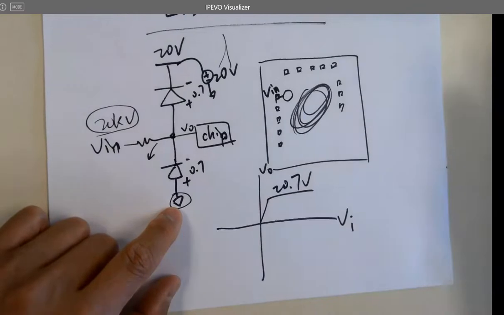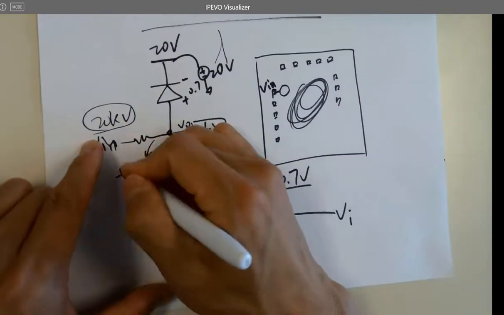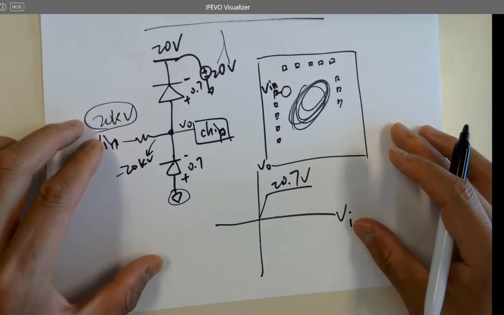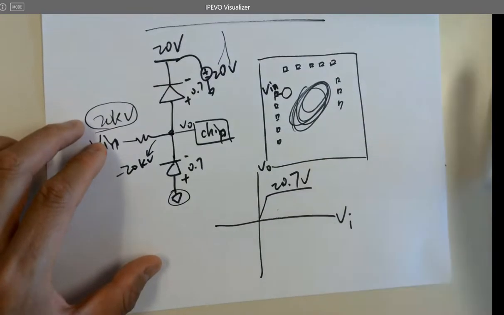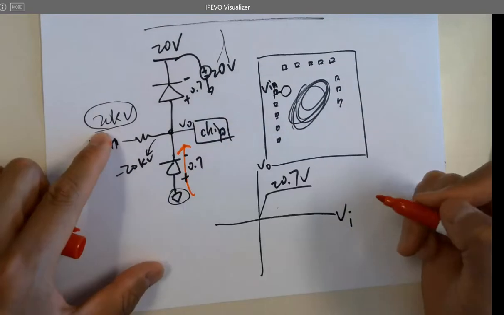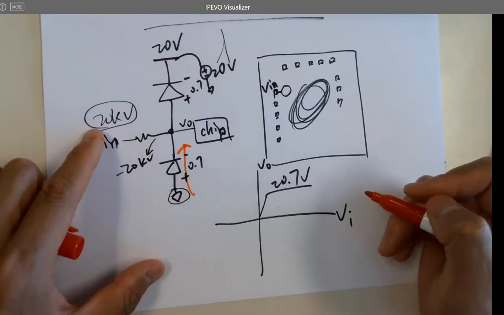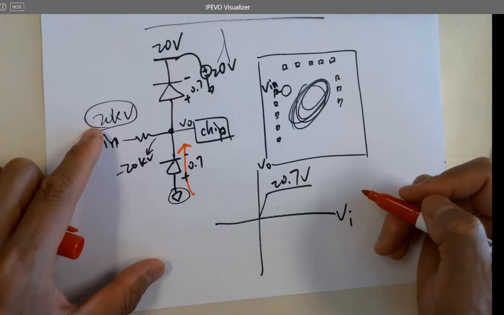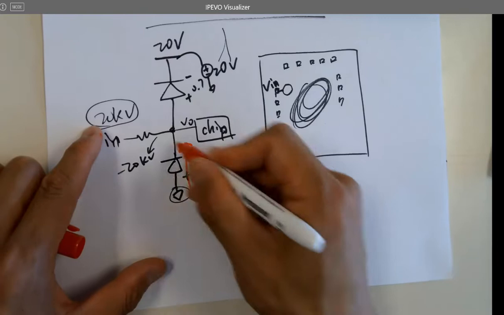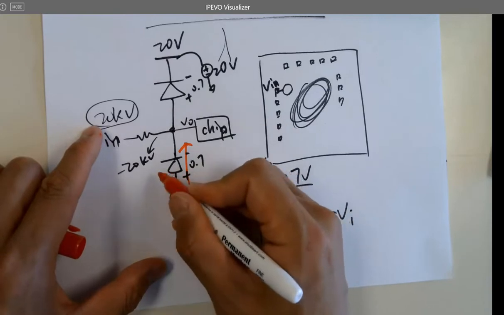Ground is 0 volts, but you have negative 20k volts here. What's going to happen? Yeah, so current is going to flow that way, right? And then what? The diode will clamp the voltage difference between these two nodes at